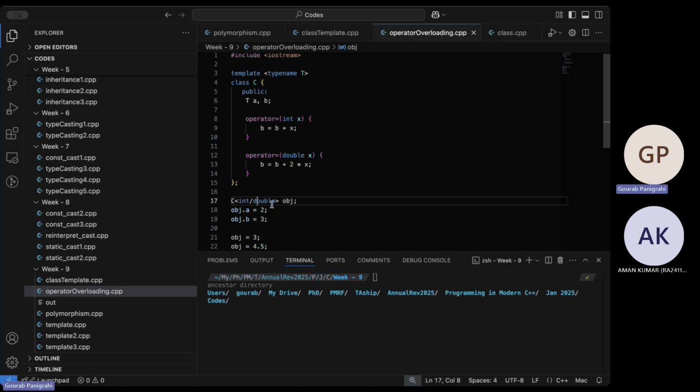Now you can have the template of the class to be something, that is fine. But here I'm saying it's not the template that I'm actually enforcing. So what I'm saying is if it is integer x as the input for equal to, then this will be the body. Else for double, this will be the body. That's all.